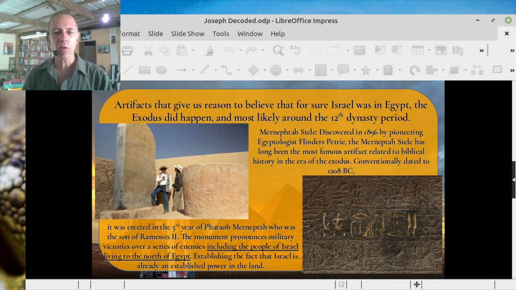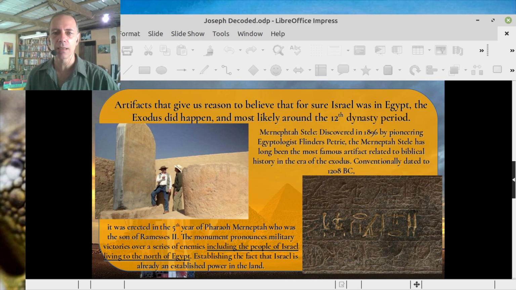And so I'm just going to go through a brief few artifacts that have been found in Egypt that can maybe lead us to believe more that the Bible is very accurate. And so the first one here we have is the